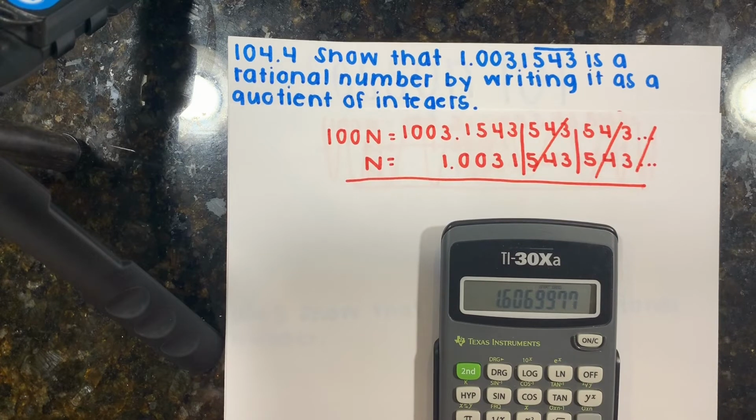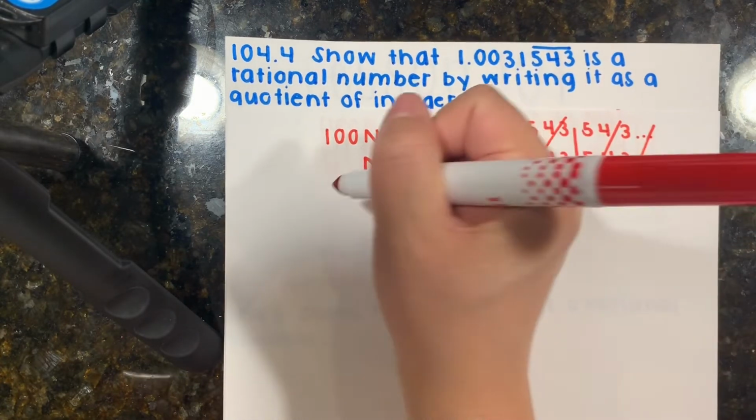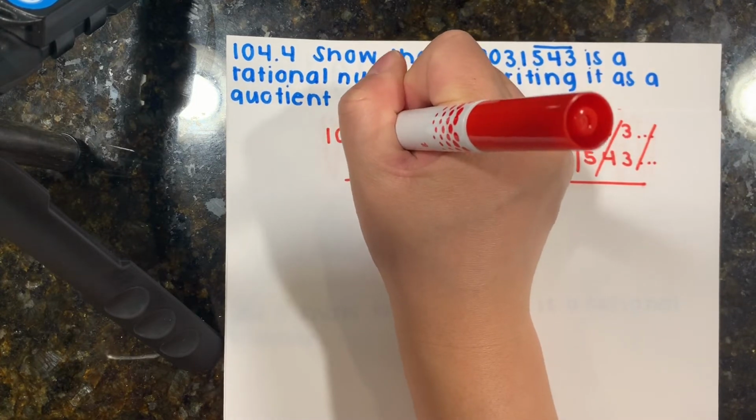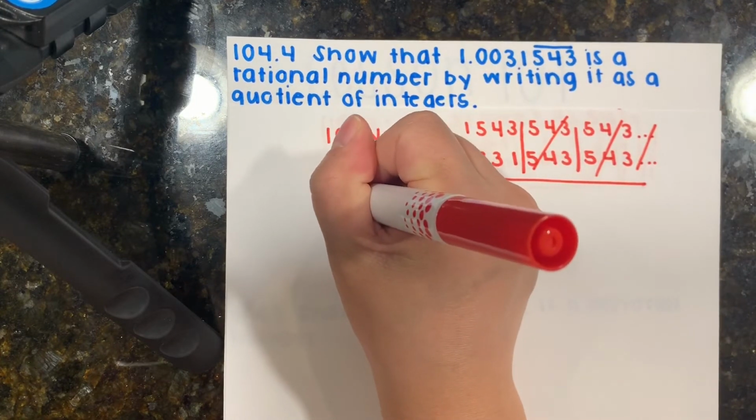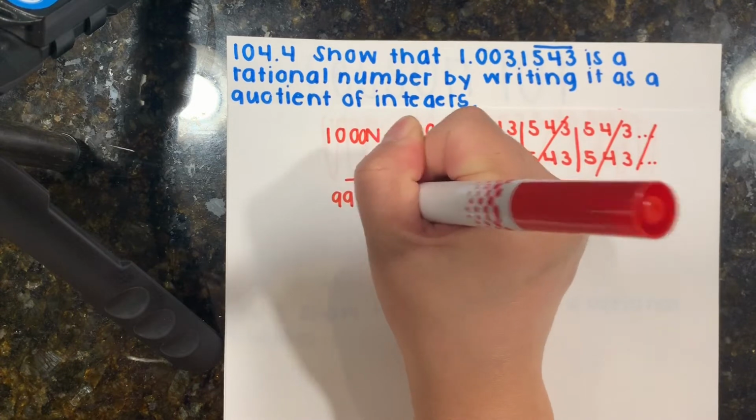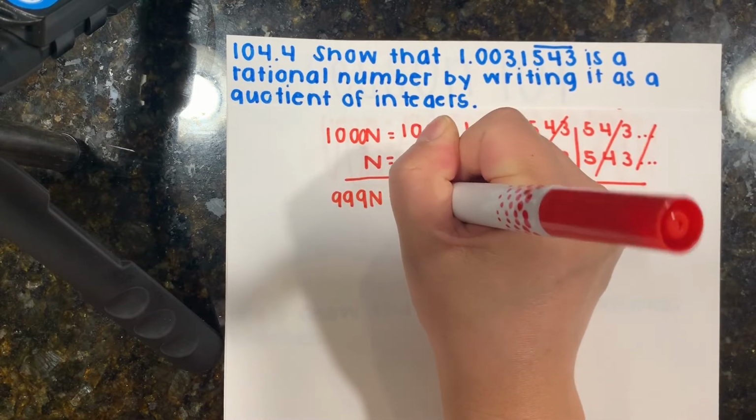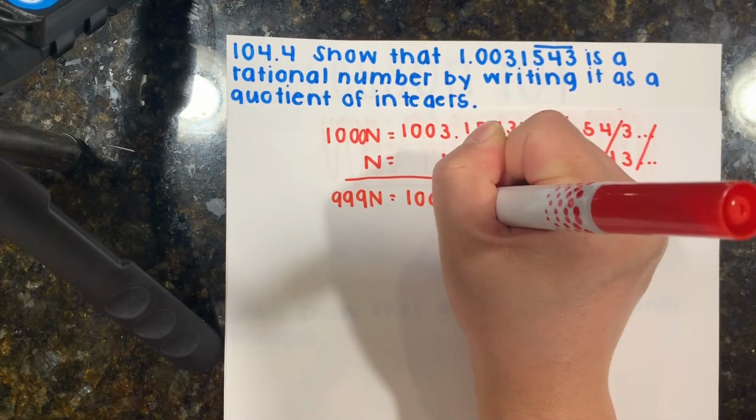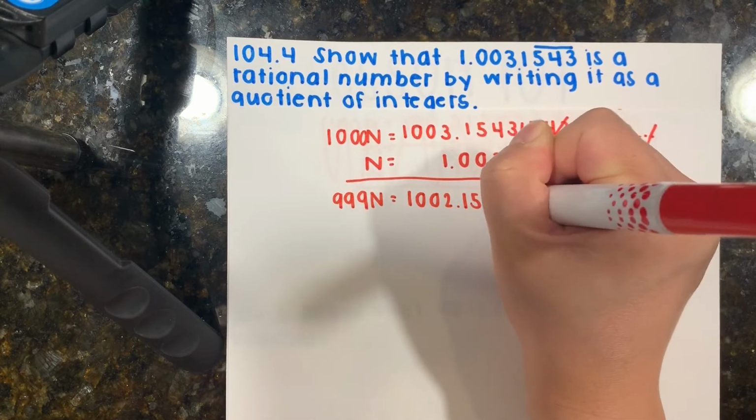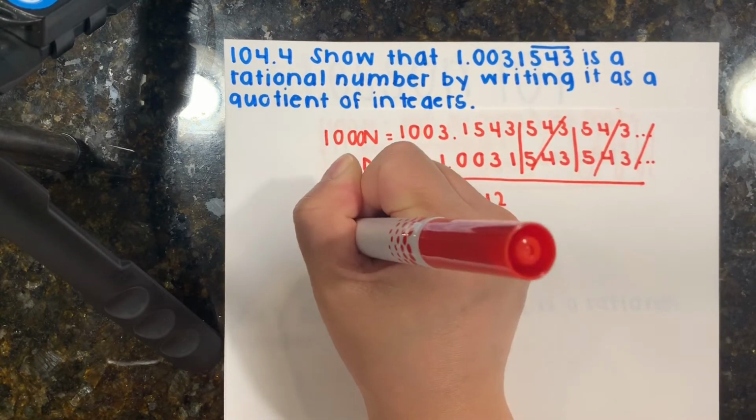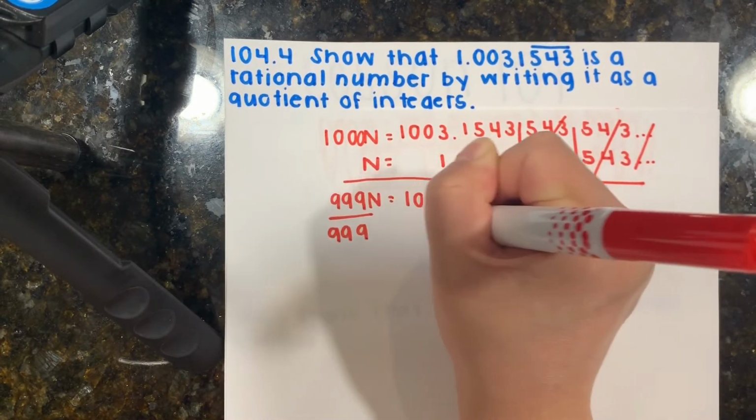Now you can use your calculator. So it would be 1,003.1543 minus 1.0031. And that's going to give us, 1,000n minus n would give us 999n is equal to 1,002.1512. So if I divide both sides by 999,